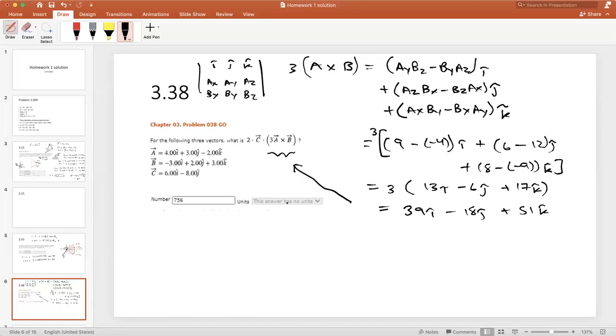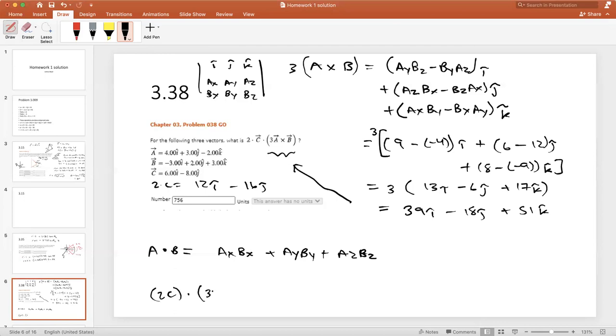Now, again, if we want to dot this with 2C, 2C would be 12 I hat minus 16 J hat. And when you dot product any two vectors, A dot B is AX BX plus AY BY plus AZ BZ. And the answer is a scalar, so you won't have any of these unit vectors. That's because what we're really doing when we do this 2C dotted with 3A cross B is